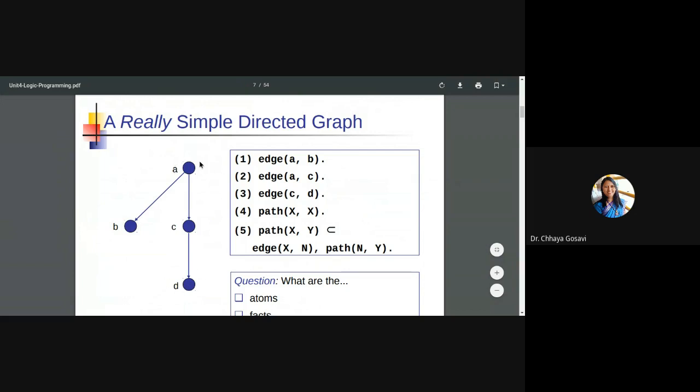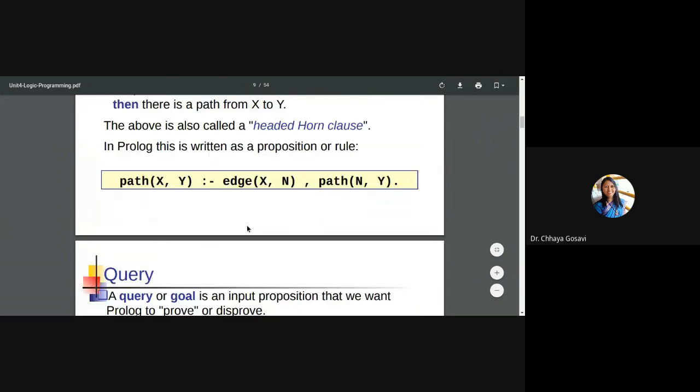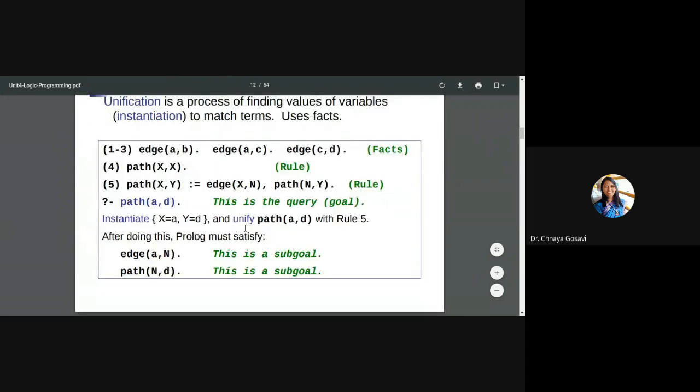So if there are multiple paths from A to B, A to C, A to M, N, O, P, Q, R, imagine the time you need to backtrack, and it always depends upon the rules, how you write these facts, the sequence of facts. It will start matching from the first fact. If it has found the answer true, it will just go with that. And if the answer fails or is false, it will come back and check with another rule. Then again solve everything, and if the answer is still false, come back and take another route like this. So backtracking is an integral part of logic programming.